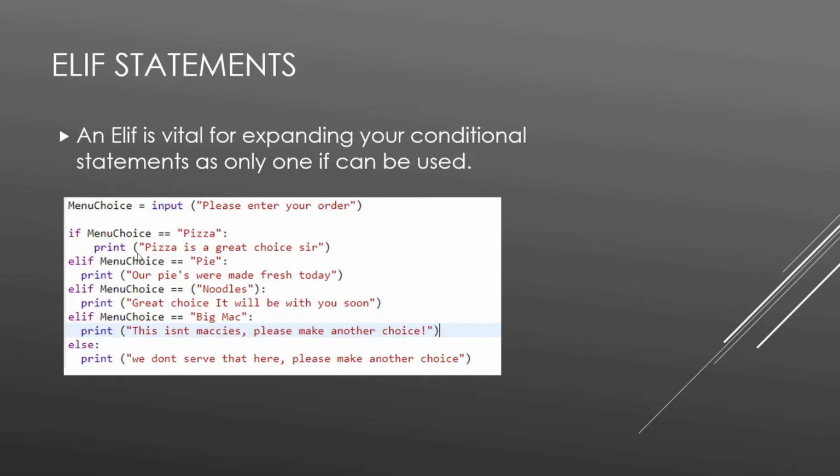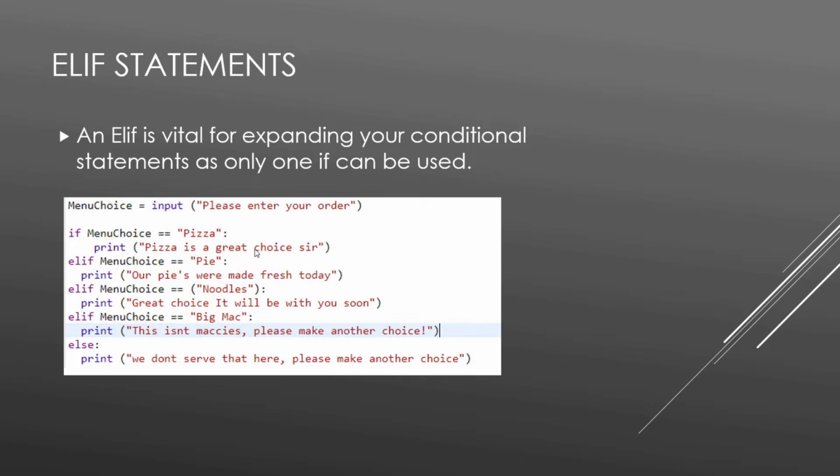So here I've got an example of a little menu ordering system where you're ordering food. I've got an input that says please enter your order, and it's storing that in a variable called menu choice. And then it's doing several things. It's saying if menu choice is equal to pizza, we'll then say pizza is a great choice. So again, that's checking what I've entered, seeing if it matches pizza, and if it does, it tells me pizza